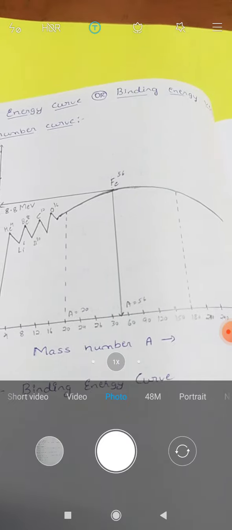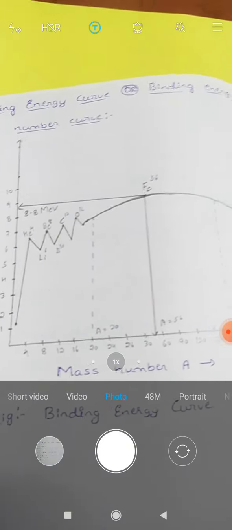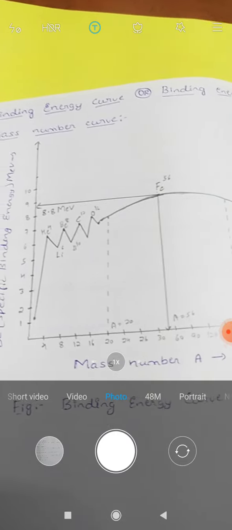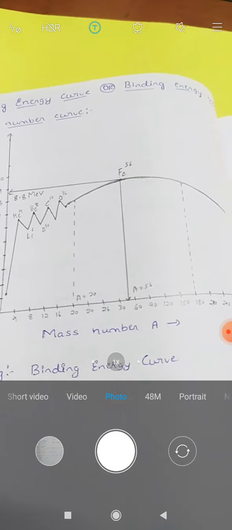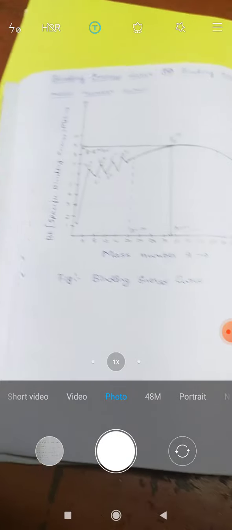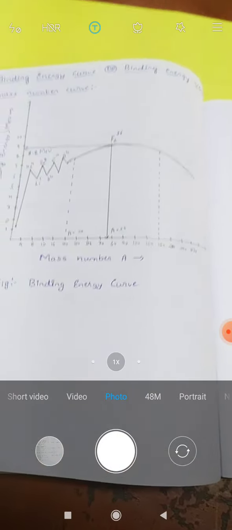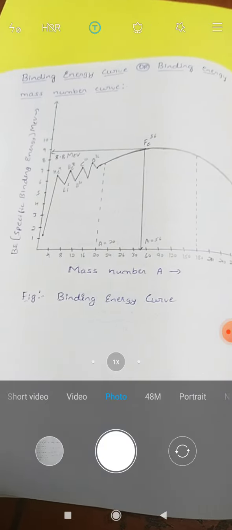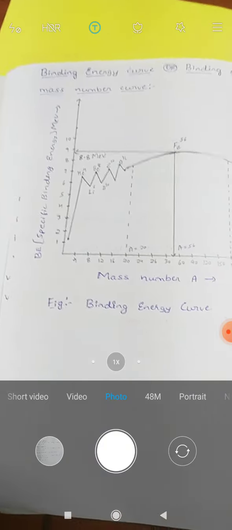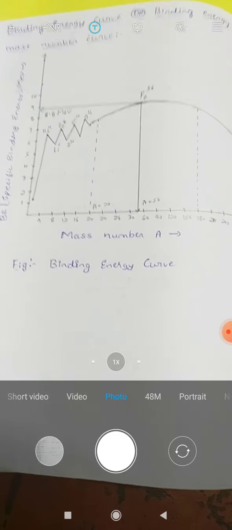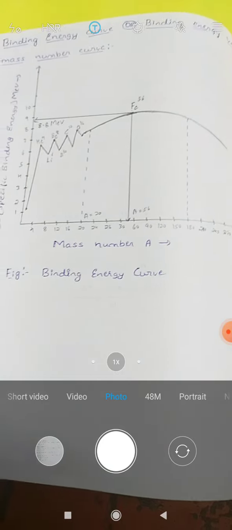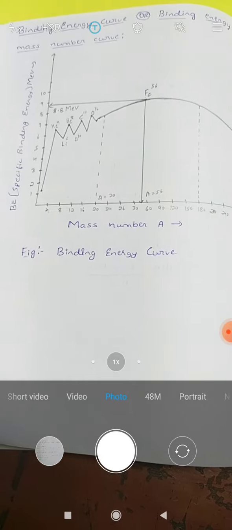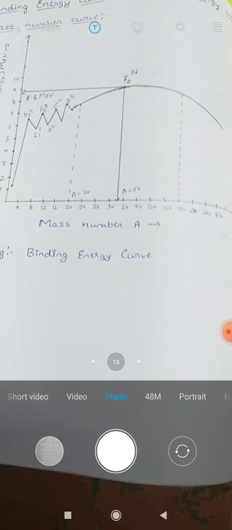The energy in that range is the maximum. The elements in it start from atomic number 20 and end at 120, and in that range you get the peak value or maximum value of binding energy. And next, it is observed that the value of specific binding energy is smaller for very light and very high nuclei. At the same time, the nuclei of intermediate mass, ranging from atomic number 40 to atomic number 120, are the most stable, having a high value of specific binding energy.